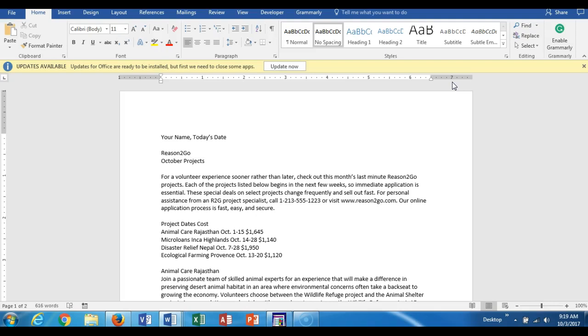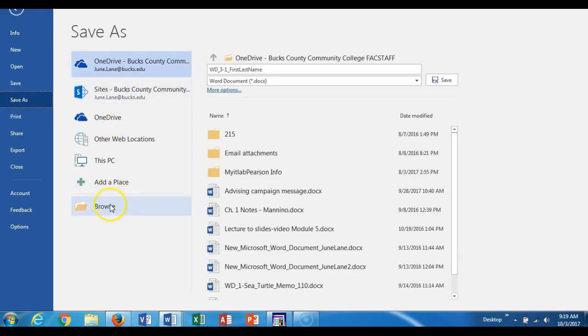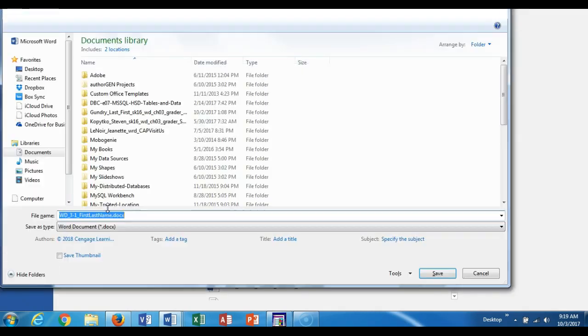So this is the document that we have open. I'm going to go ahead and save this. The first thing I'm going to do is save this file, do a Save As, and they would like me to save this differently from how it's named. We actually will just change it to last name, first name. I'm going to go ahead and change this location. I want to place this file on my